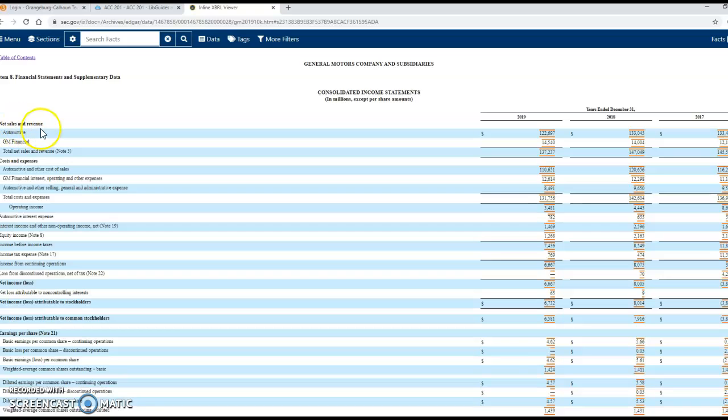So here's their net sales, and the first one is automotive, which is their main thing they're in business for, is to sell cars. So that's 122,697. I got to add 6 zeros to that. So that's 122,697,000,000, and they've obviously just rounded it to the nearest million. Okay, and then here's GM Financial. That's extra income that they get from doing their own financing and stuff like that. Here's their costs is next, costs and